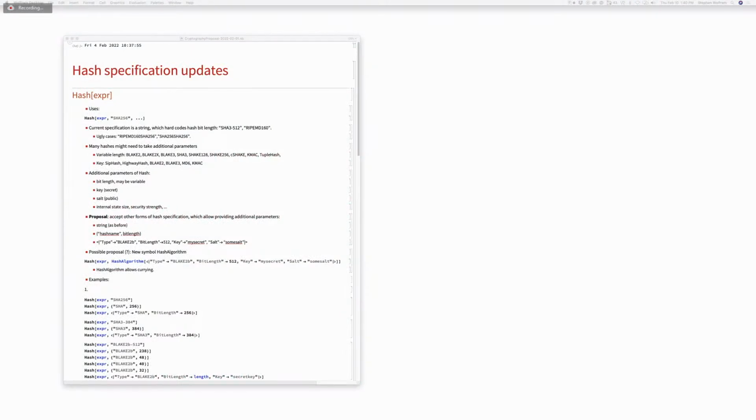Okay, for people joining this live stream, we are looking at what I think or hope is going to be a fairly straightforward piece of Wolfram Language design to do with our hash function. All right, so